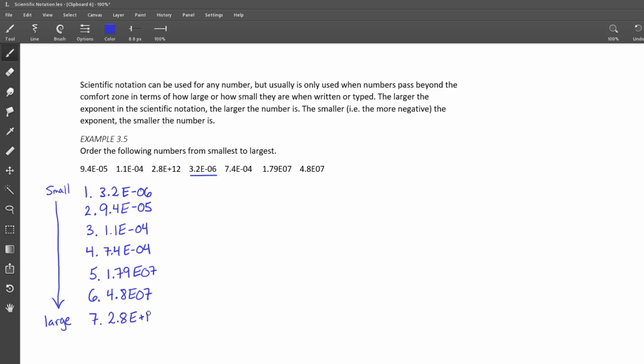And I'll put the positive sign in there just like it is in the listing, but I could leave it out and it would mean the same thing. So once again, when looking at a bunch of numbers in scientific notation, which you frequently will when using spreadsheets to do calculations, you can order them according to the exponent. The largest negative exponent is the smallest number, and the largest positive exponent is the largest number. If you have two numbers in scientific notation, you can compare their magnitude by looking at those exponents.